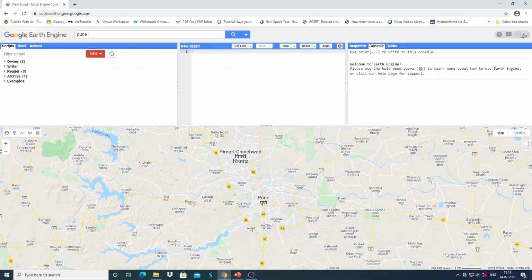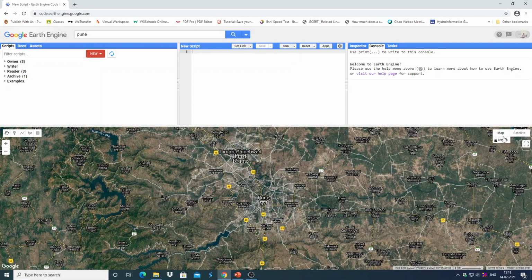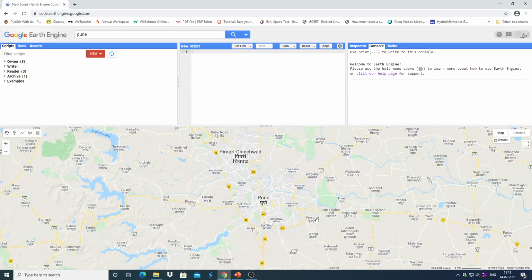The map canvas area displays the area region around Pune. You can toggle between map view, terrain view, and then satellite view on the map canvas area.